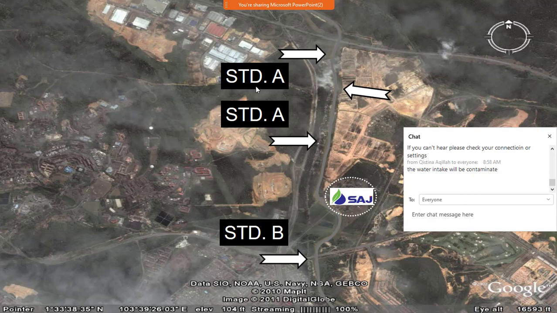All the parameters are quite higher than standard A. So if we follow standard B, after like 1 or 2 kilometers the intake point will take water that is almost polluted and contaminated, and then we may need higher treatment, and it will cost more money to treat the contaminated wastewater or the contaminated river in order to distribute it to the people.